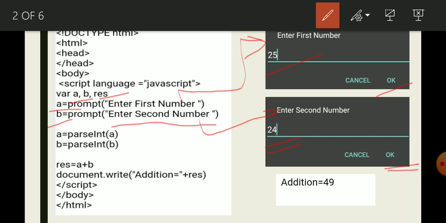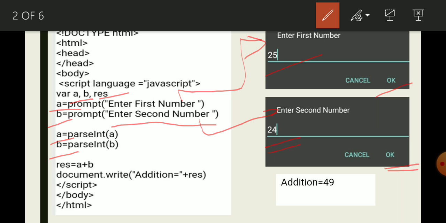Remember that the value entered in the prompt is always in string format, so we have to convert it into an integer using the parseInt function. In the brackets, write the variable name which stores the value, and the converted value is assigned to the same variable, or you can take another variable. In this program, the same variables A and B are used.